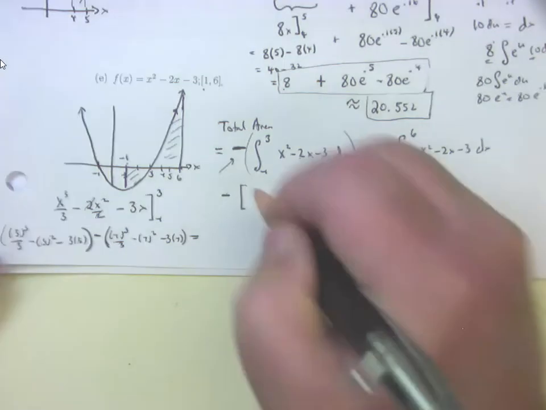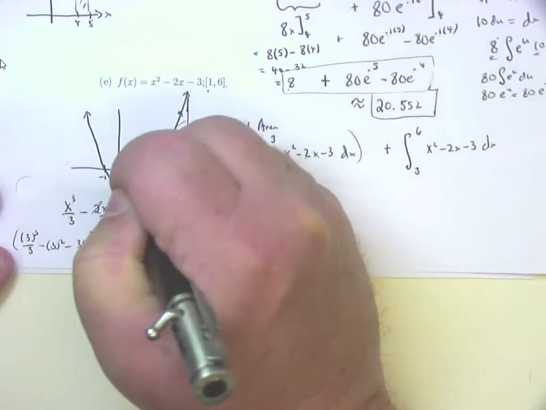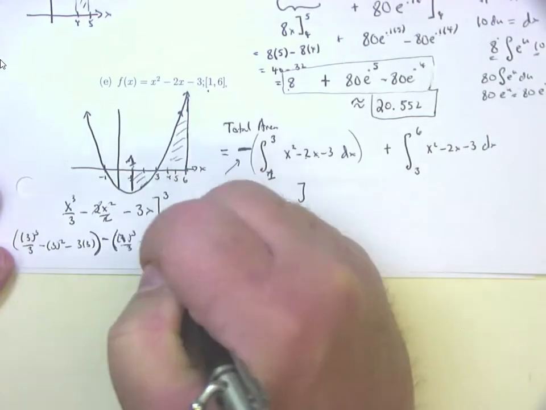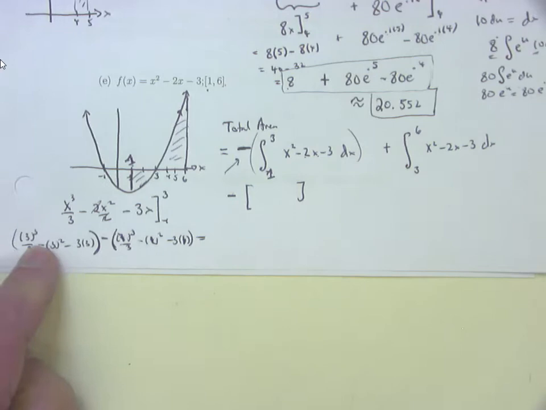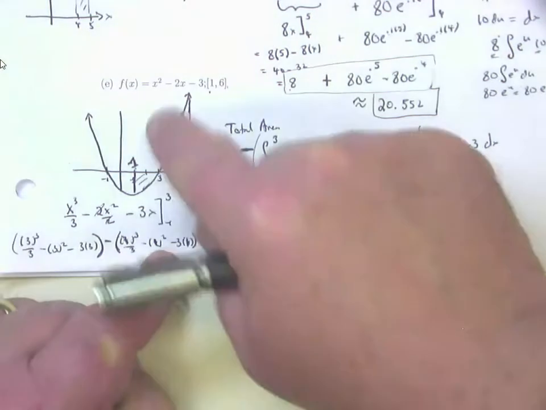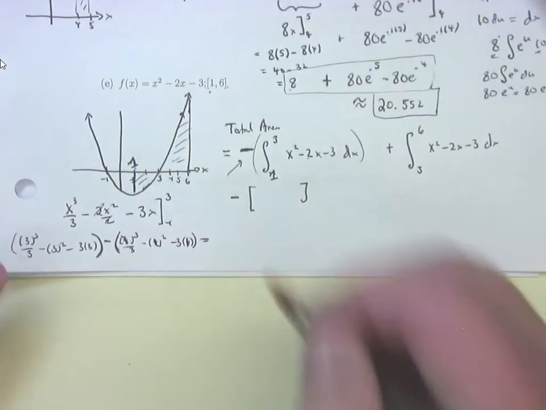It's supposed to be from positive 1, by the way. That's a positive 1. Sorry, from positive 1. I'll put a negative positive 1. Okay, so when I plug in 3 minus plug in positive 1, we're supposed to integrate from 1 to 3. So 1, 3, I get negative